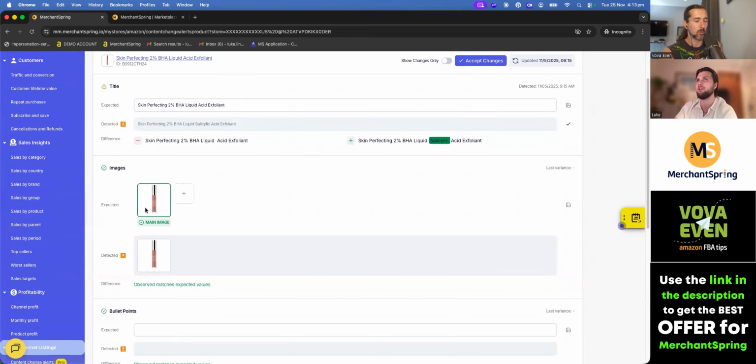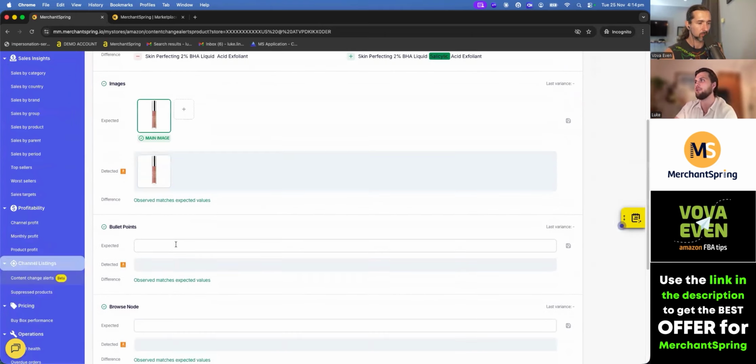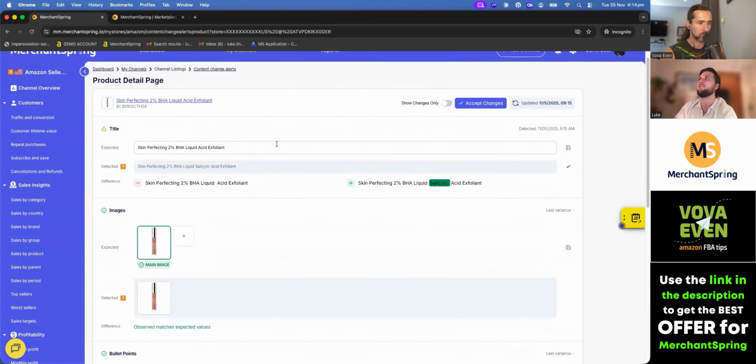We can see what was detected. Everything is looking green. So it's the title which has changed. This was the detected title. They've removed the silica wording, which maybe on this isn't such a big deal,